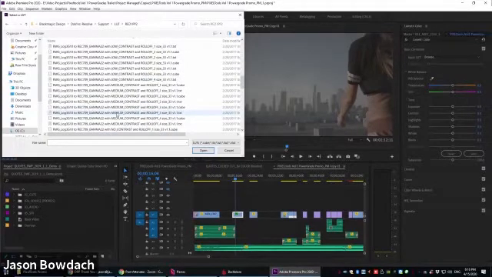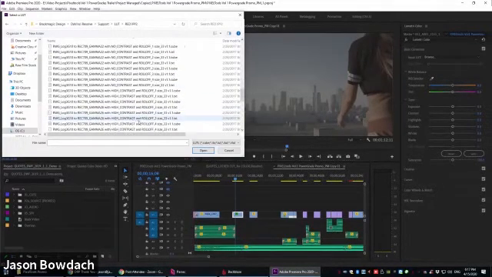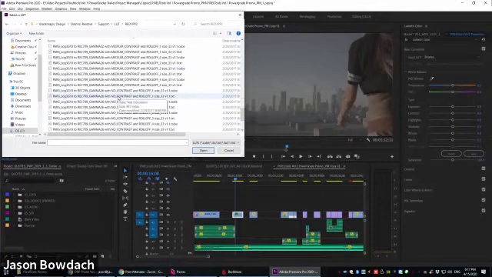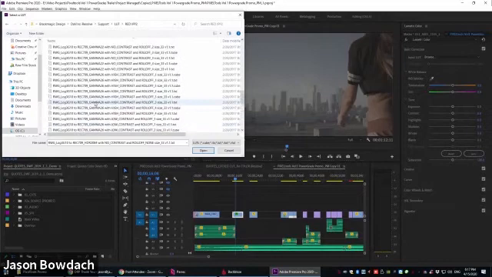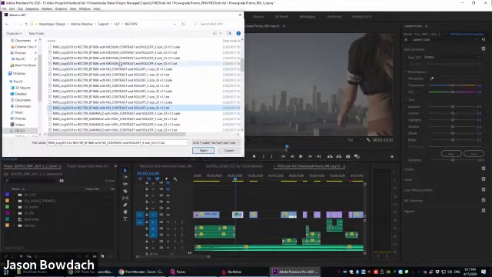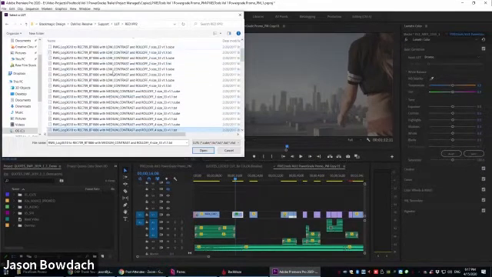And I want to transform it from Wide Gamut RED Log3G10, which is RED's proprietary log format, into Rec. 709 gamma 2.4, something that we're used to working with. Now these lookup tables may look really confusing, but these are directly downloaded from RED's website. They give me a variety of different options, everything from gamma 2.2 to gamma 2.6. Now I'm going to choose this BT.1886, which is essentially gamma 2.4.